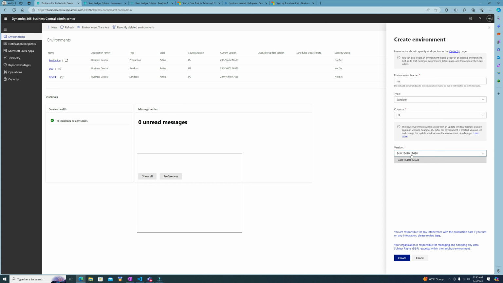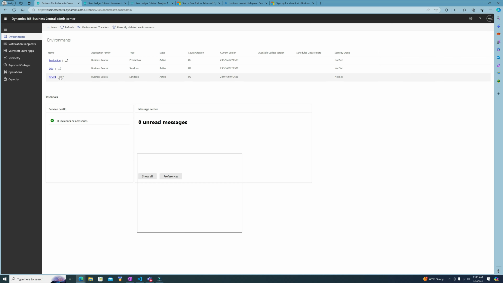And as you can see, version 24 comes up immediately. I do have my own version 24 here, so I won't bring it up. I actually have two sandboxes, one based on 23.5 and one based on 24. I keep them both, and I want to show you the differences between them